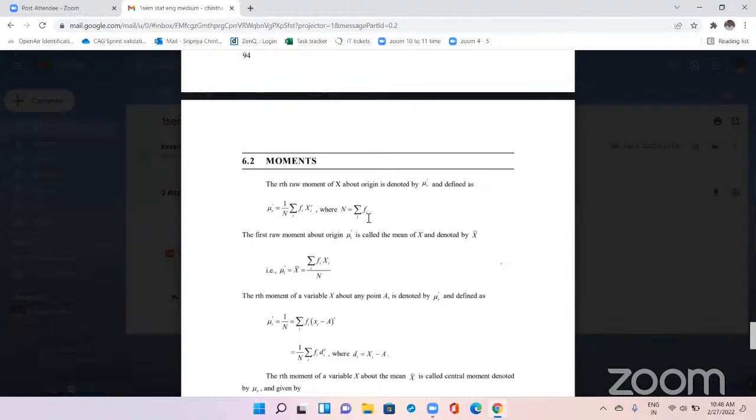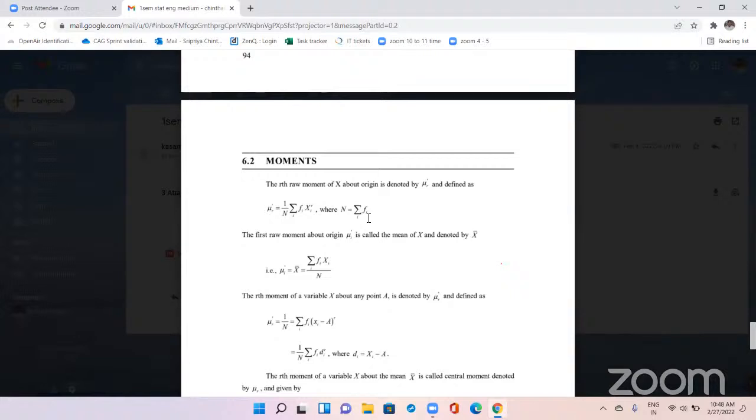The rth moment of a variable x about any arbitrary point capital A is denoted by mu r prime, and is given by mu r prime equal to 1 by n sigma fi into xi minus a whole to the power of r. That is the first formula. Second formula, when a is equal to 0,